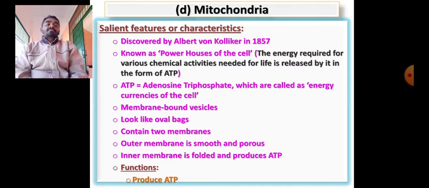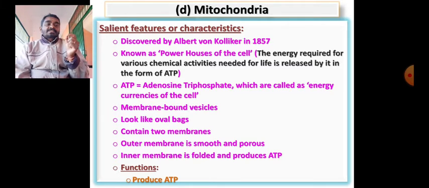What are these ATPs? ATPs are called energy currencies of the cell. It means when you go to a market, you want to purchase something, we give money and then procure the materials. Similarly, when we want energy, these ATPs are energy rich molecules. These ATPs are spent. I am talking to you now, I am shaking my hands, I undergo different types of movements. All these actions are supported by energy.